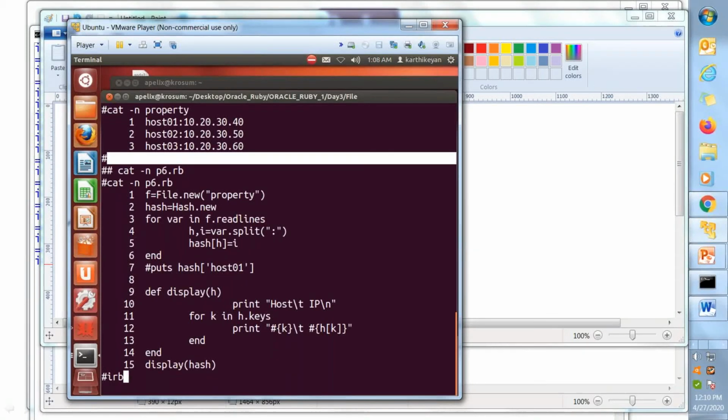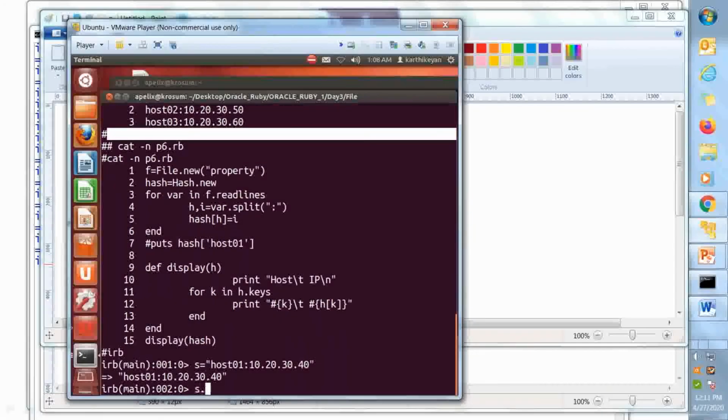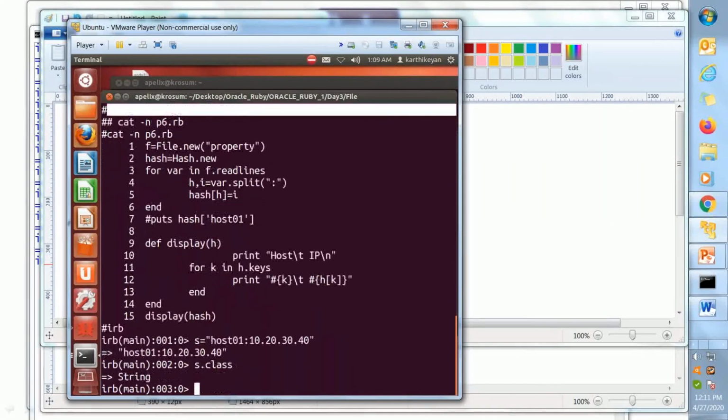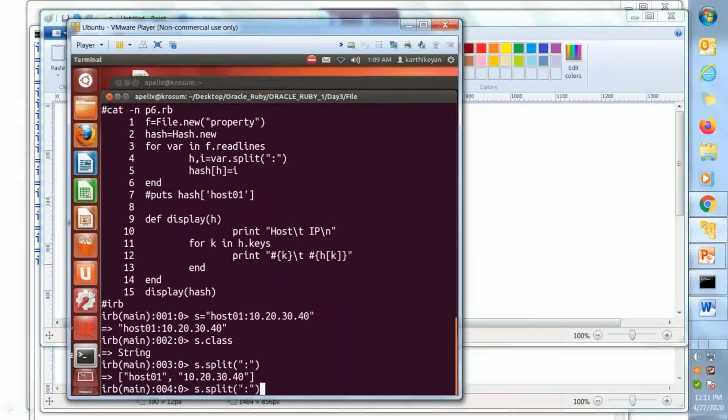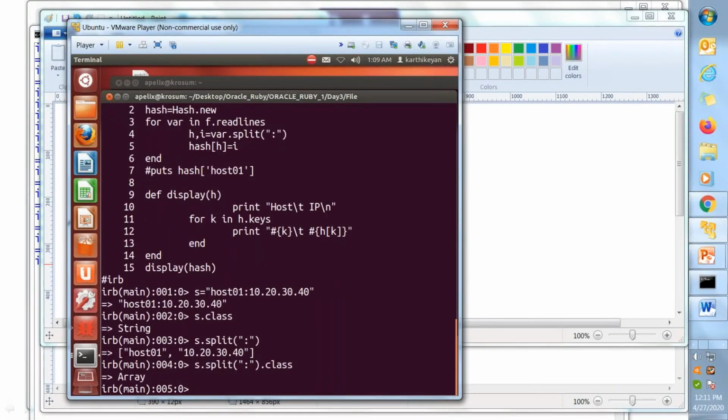Single data, for example the string host1 colon 10.20.30.40. That is string type data, the String class. So using the split function based on the colon separator, we can split it. Now see the structure. The class says Array. What is the array's zeroth index? That is the alias, and the IP address is